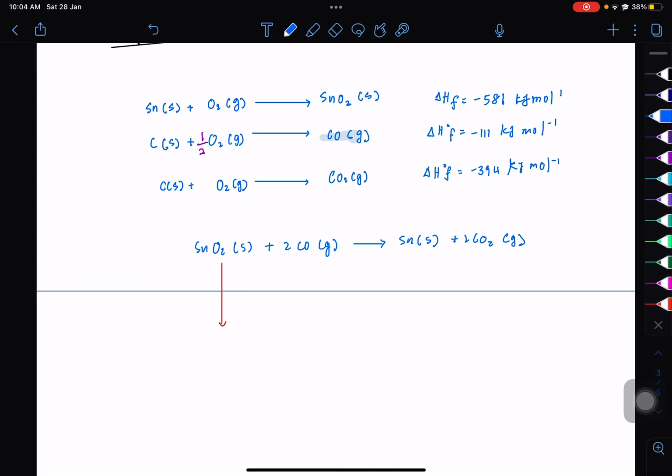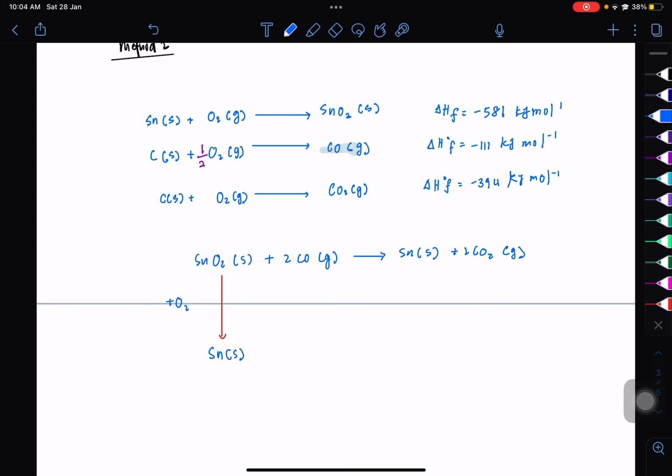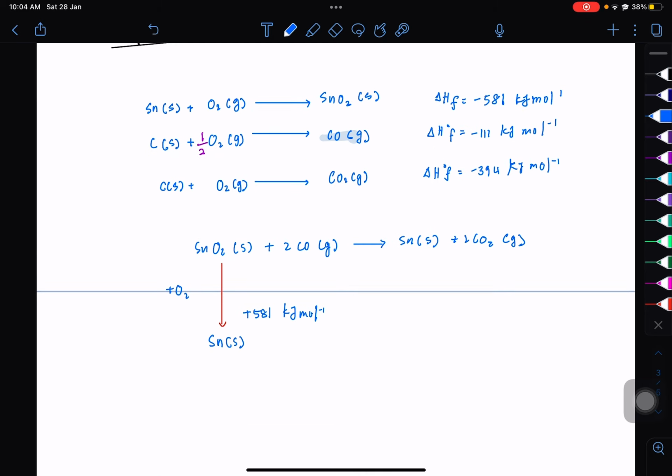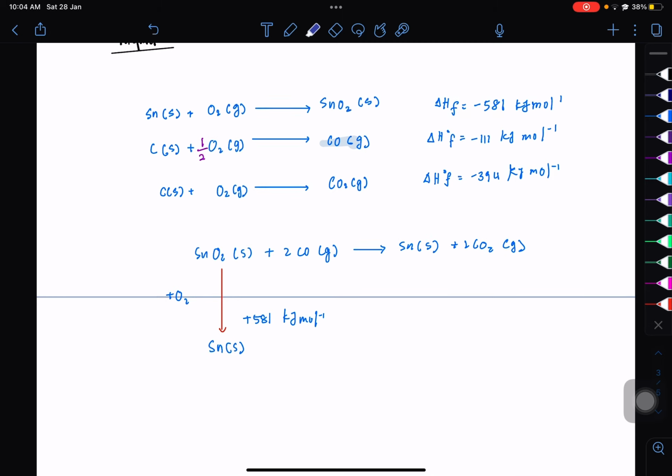So this one Sn in solid plus dengan oksigen, and your enthalpy akan jadi positif kilojoule per mole. Next is carbon monoxide. So carbon monoxide,